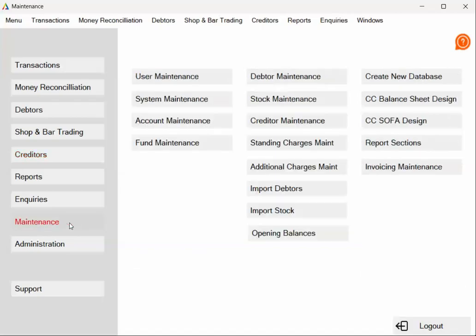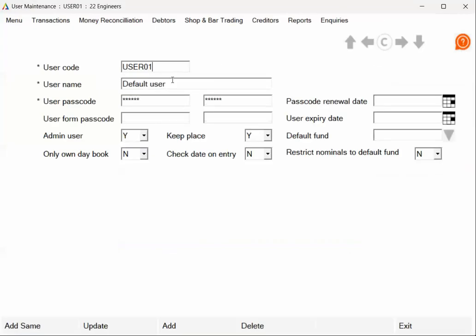Now we can move on to looking at users. If we go to maintenance and user maintenance, the data is created with one user code already, user 01. So you'll need to add any additional users you need. You just click on add down the bottom, give it a user code, put in user 02 this time, and put in the name